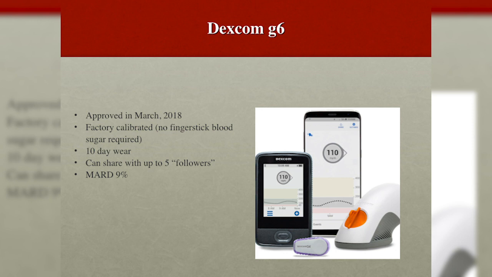If this little arrow is pointing horizontal, that means that the blood sugars are stable. So it's not only showing you what the current blood sugar is, but it's also showing you where the blood sugars are trending. Are they going up or down? Which is very important. So I always tell patients that you can use it as your GPS to see where you are now and where you are going.